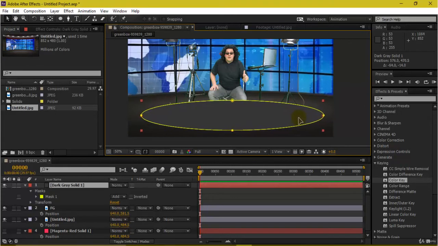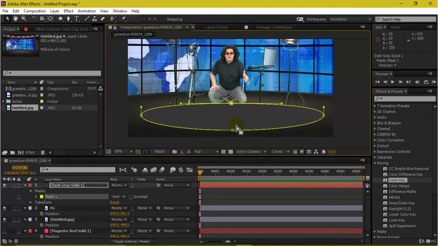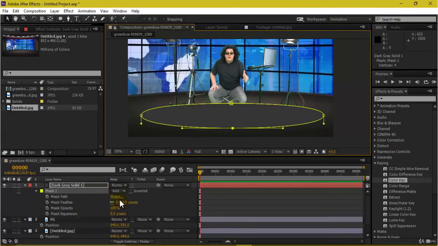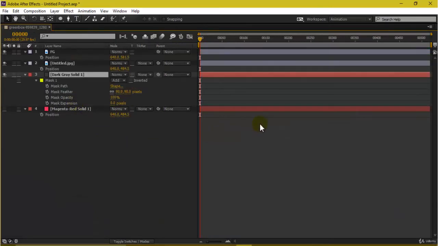And if I move this, this is what we are getting. And I'll be increasing the feather of this mask, something like this, and I'll be positioning this beneath my background over here.